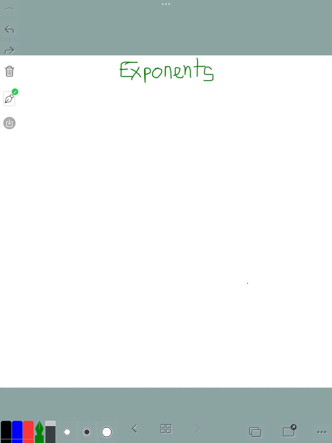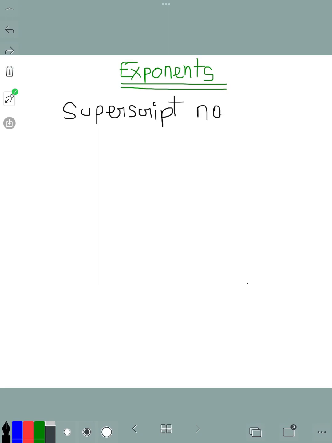रिलेटेड टू एक्सपोनेंट्स। पिछले वीडियोस में मैंने बहुत सारी चीज़ें कवर कर दी हैं। अब जो हमारे आखिरी के चल रहे हैं उसमें हम कवर कर रहे हैं एक्सपोनेंट्स। सो व्हाट इज़ एक्सपोनेंट्स? सो एवरी सुपरस्क्रिप्ट नंबर। अब हम आते हैं कि व्हाट आर सुपरस्क्रिप्ट नंबर्स। सो बेसिकली सुपरस्क्रिप्ट नंबर इज़ अ नंबर, figure or symbol, we can say that, or indicator that is smaller than the normal line of type and is slightly above or below the superscripts, right?